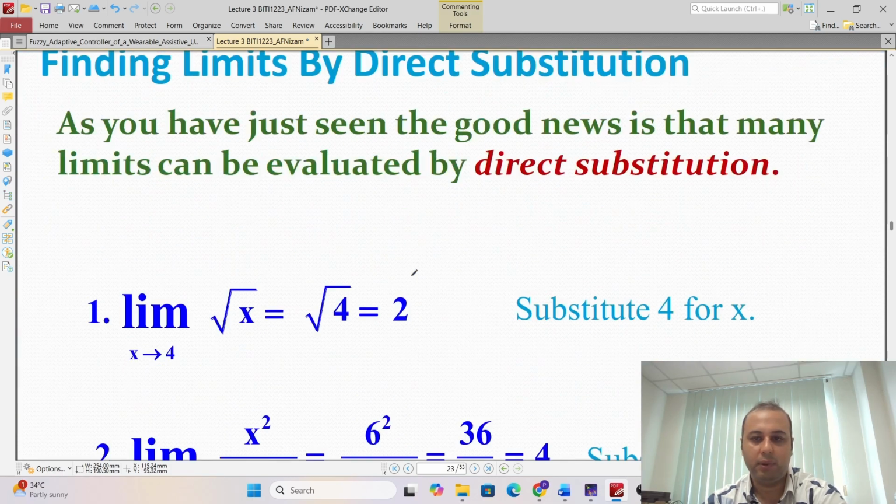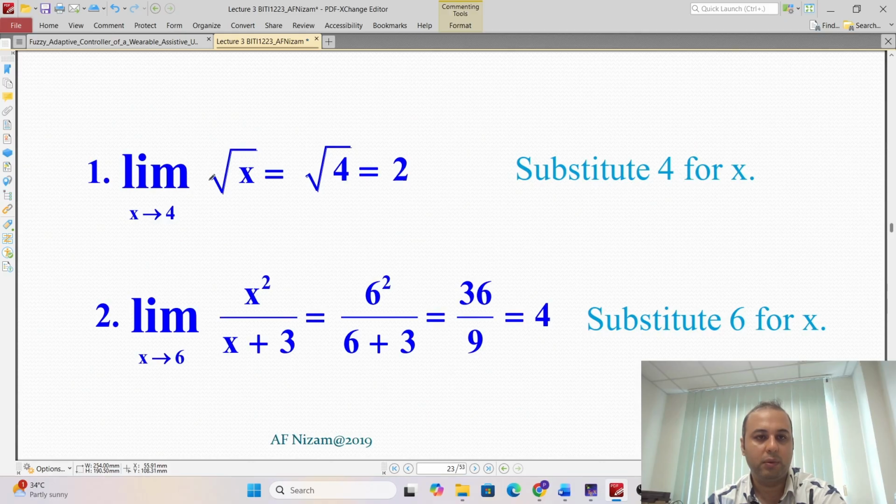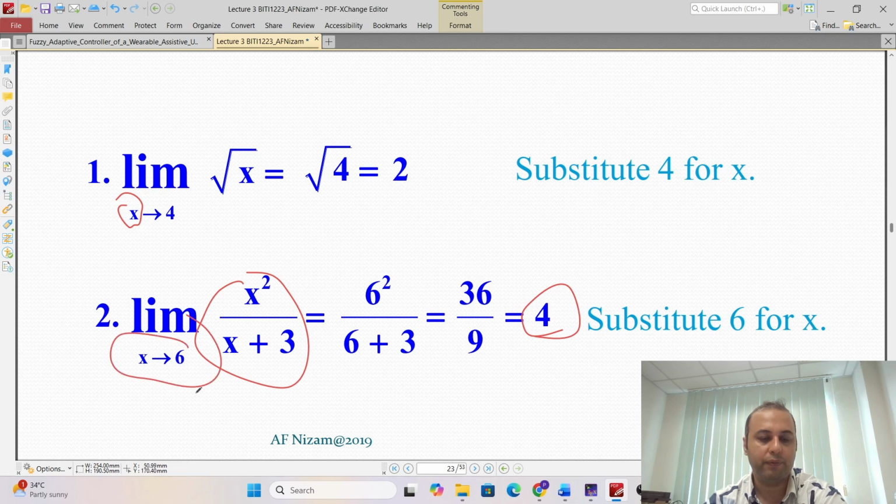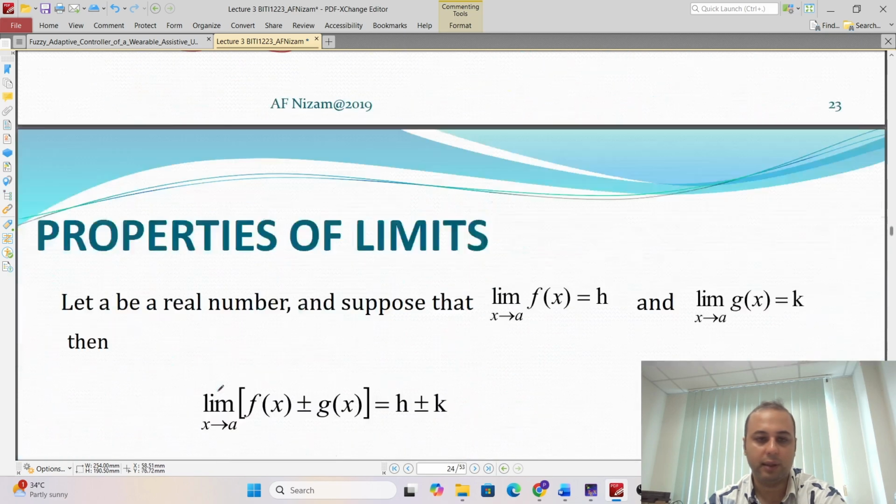Okay, example number 3. We have the square root of x, so we have the square root of 4, because x is approaching 4, we simply substitute. The answer will be 2 for this function when x approaches 4. Okay,